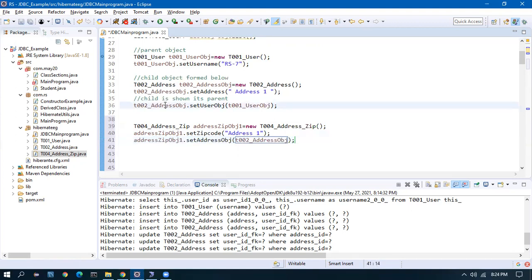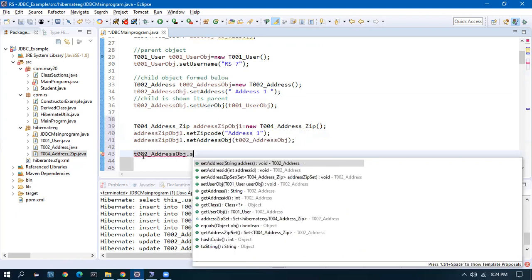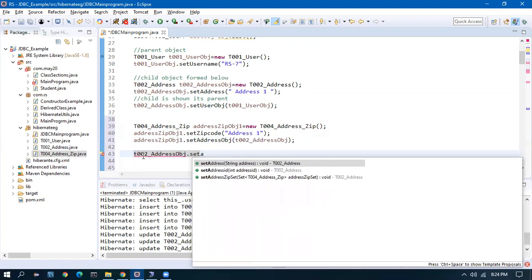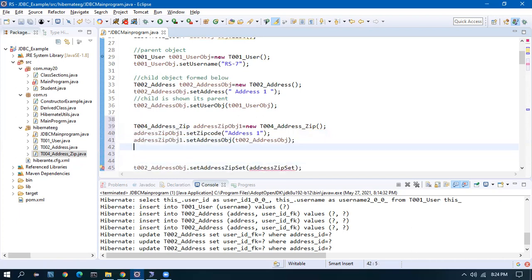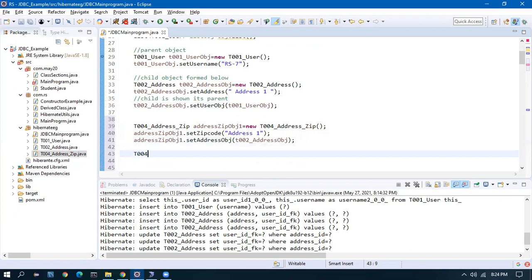Now the parent should know its child. The other side of the relationship is pending. For that, I'll give this dot, who are your children, set address zip set. The zip set is not there, so I will create a set here.